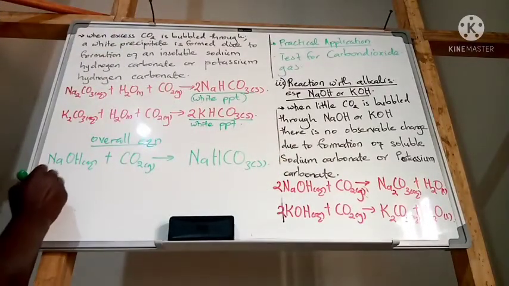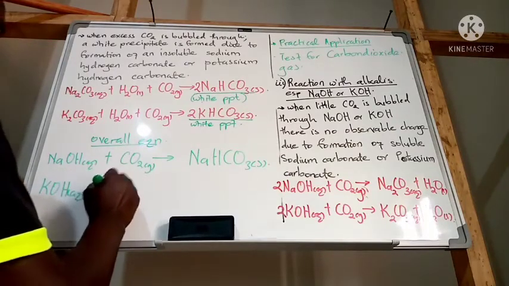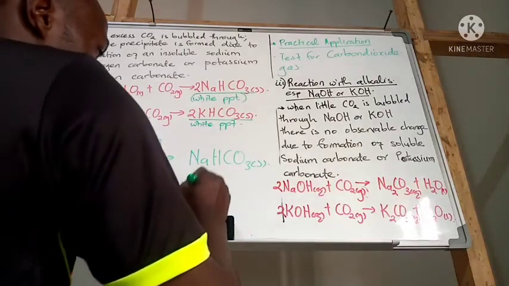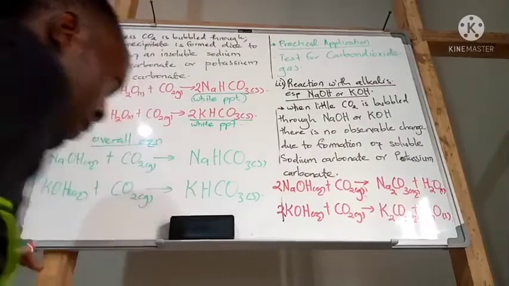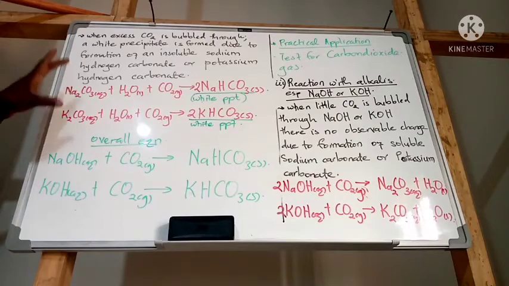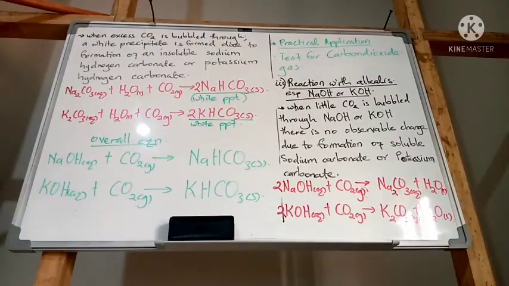Or potassium hydroxide aqueous reacting with excess carbon dioxide, directly giving us potassium hydrogen carbonate, which is a solid. So these last two equations have both this category and this category combined together, and we form only one overall equation representing